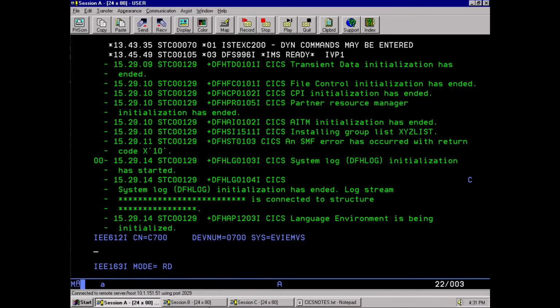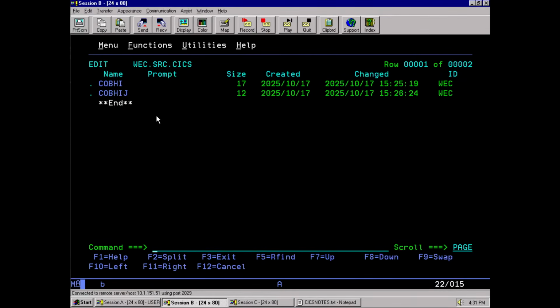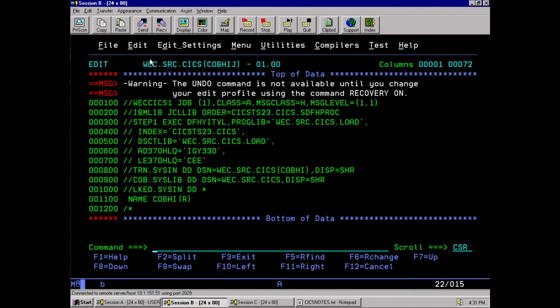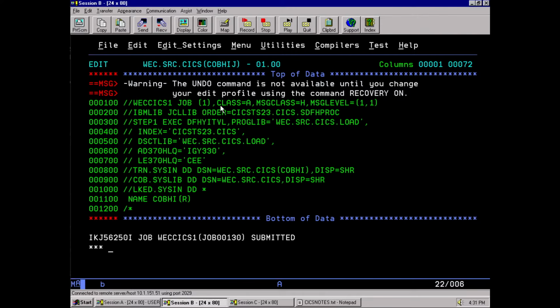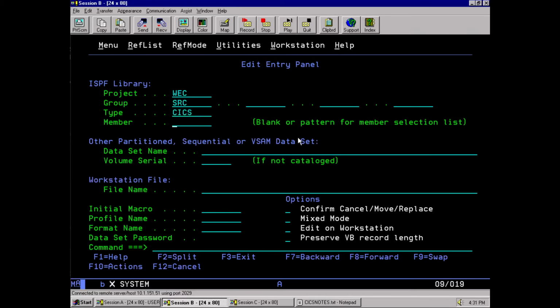So while this initializes, we're going to come back here, and at this point we're ready to actually run our JCL to compile our program, okay? So go ahead and submit this, okay? And remember, just like we said before, there's those data sets, okay? So this procedure library here, SCFH proc, you can find that in that start procedure, okay? And again, if you're still confused,